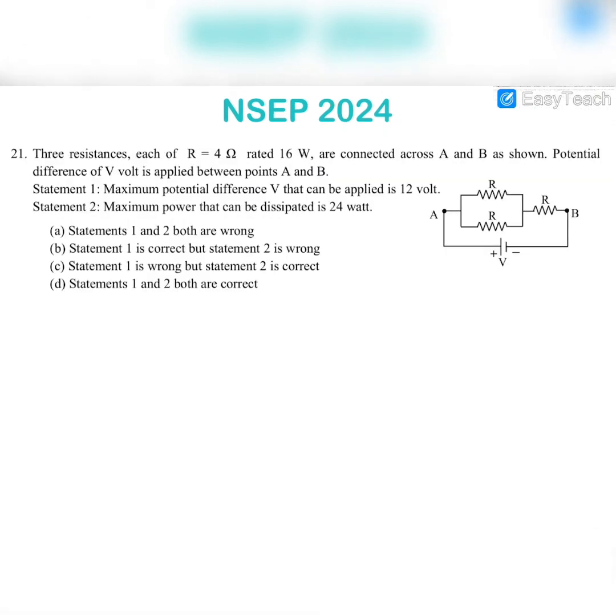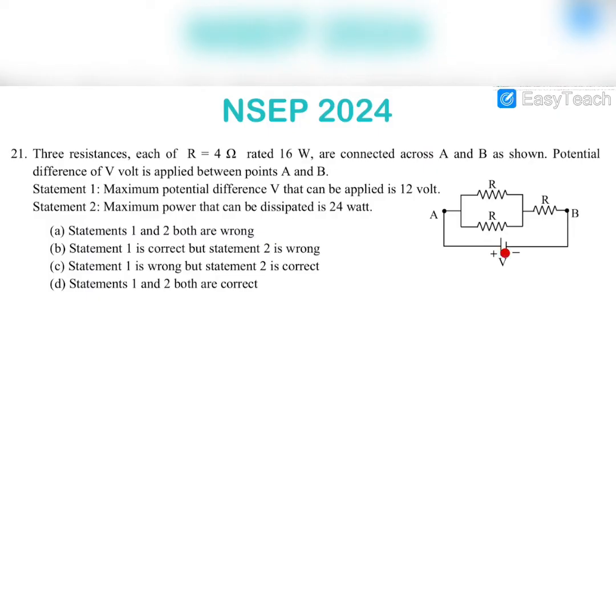In this question, you can see that there are 3 resistances, each of 4 ohms, and each is rated with 16 watt of power. Now these resistances are connected with this cell of potential difference V, which is applied between points A and B. So we have to choose the correct option. So first of all, let us examine the first statement, which says that the maximum potential difference that can be